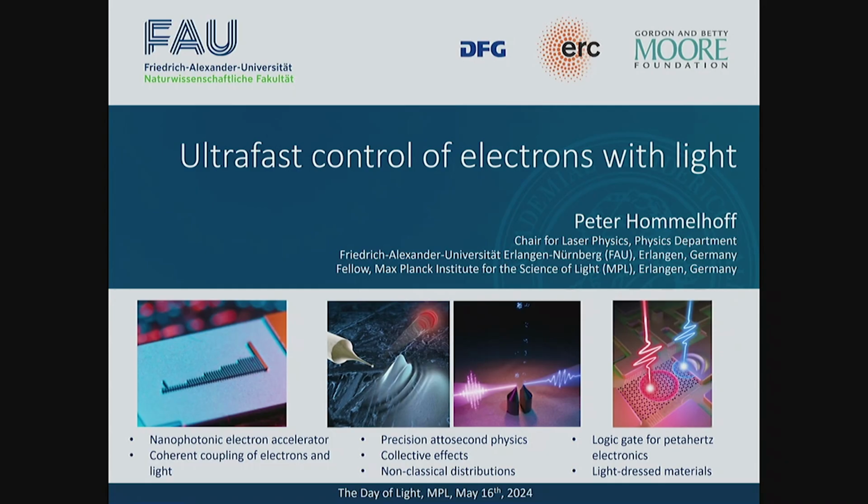So I'm going to show you how we can control electrons with light, with really phase-controlled laser beams, also with non-classical light. And I'm going to show you how we can control free electrons that are emitted from these needle tips, or free electrons that propagate through nanostructures, but also electrons that are in certain materials, and I will focus on graphene here. And it's all based on really transferring the level of control we have these days on these laser pulses, and trying to see what we can do.